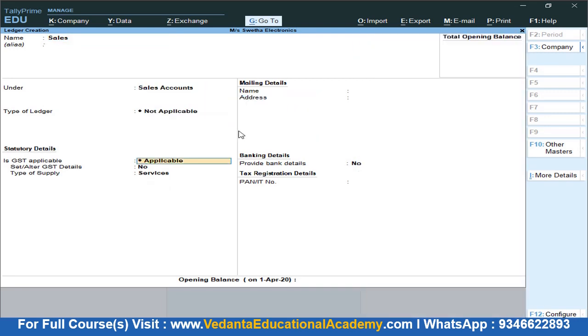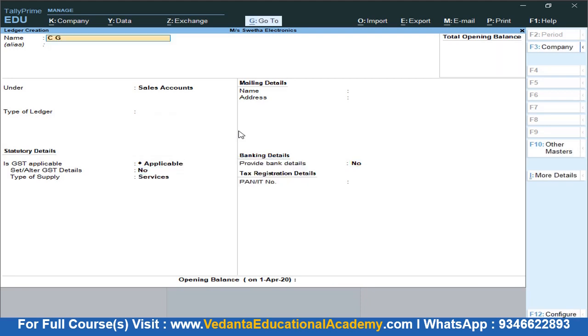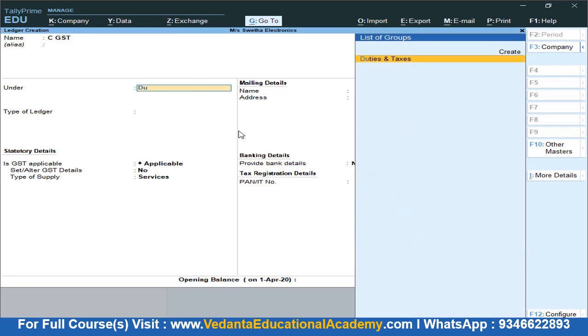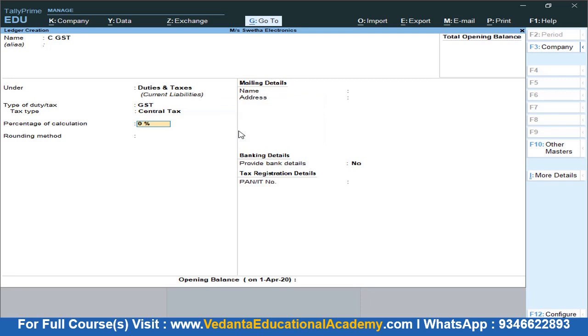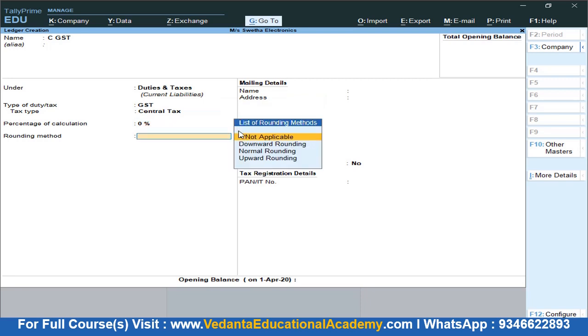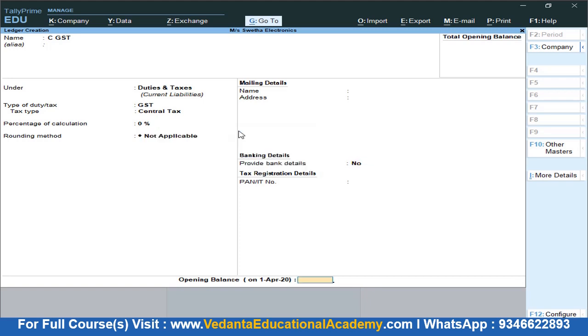Next ledger is Sales. Sales comes under Sales Account, GST is applicable and you do not declare tax slabs. And next, the ledger is CGST. CGST comes under Duties and Taxes. Type of tax is GST, C for central tax, and percentage again 0, and rounding method is not applicable. We'll be creating a new ledger only for rounding, so we need not round individual ledgers.